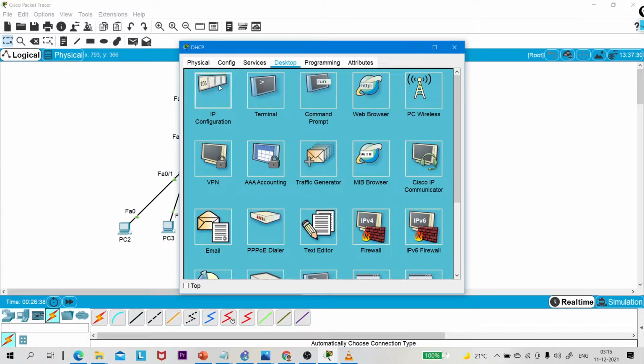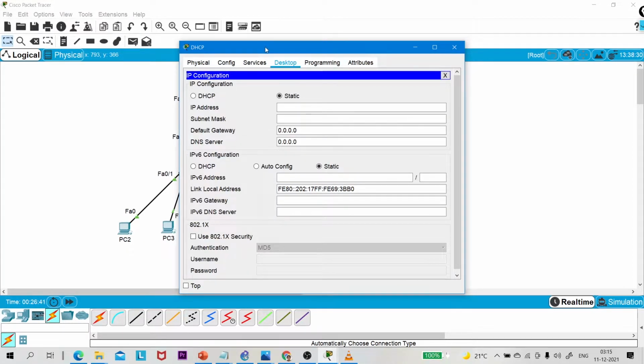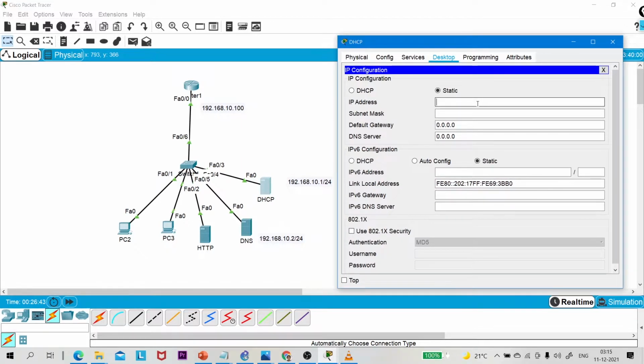Go to Desktop, IP Configuration, and 192.168.10.1. Subnet mask will be 255.255.255.0. Default gateway will be 192.168.10.100. Now the DNS server IP address will be 192.168.10.2.